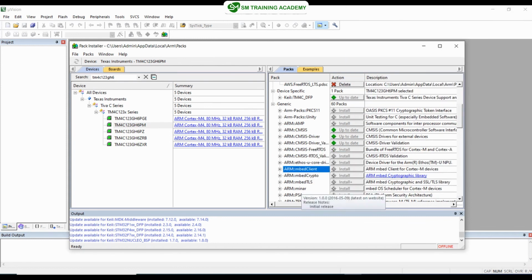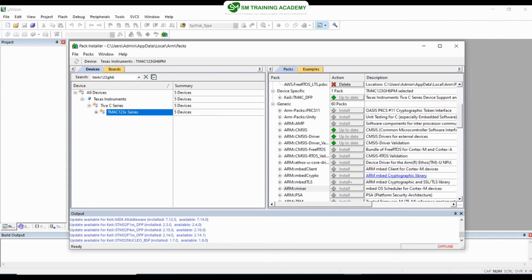date. So if it is showing install right over here, just connect the PC to the internet and then click on the button right over here. It will be getting installed to your PC. So make sure that you install it, and also I hope you install the ST Microelectronics driver for STM32F446RE microcontroller